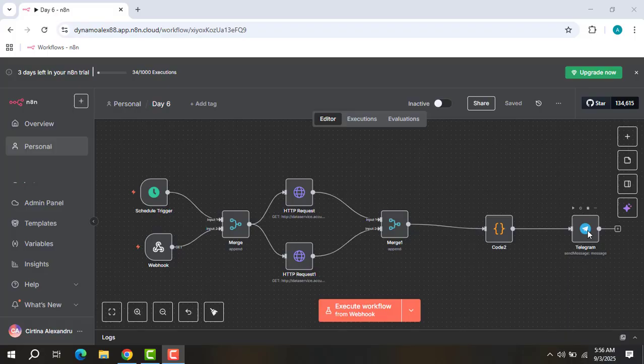Today, day 6 is about an advanced workflow for handling multiple cities in one function node. We will learn how to fetch weather data for multiple cities, merge the results, and send a single consolidated message via Telegram using n8n. Okay, first step, we have the schedule trigger as usual, and the second will be a